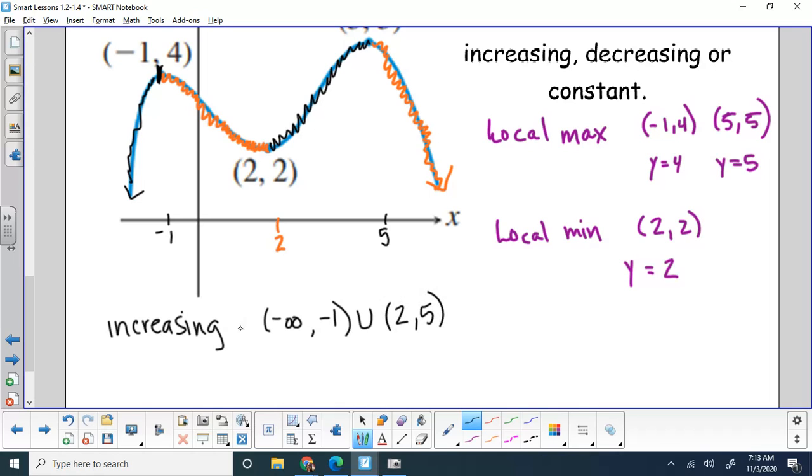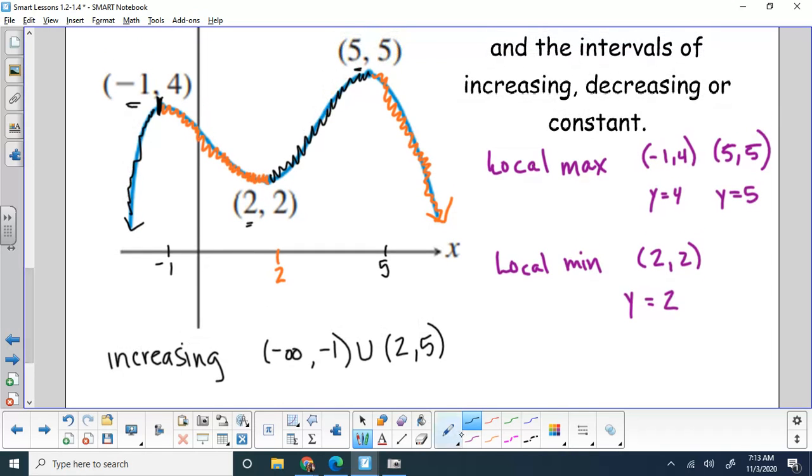Again, these are always the x coordinates. Notice this was the x, this was the x, and then here we have that x coordinate again. And then we're going to write our decreasing intervals. That's where we were going down. And we were decreasing from -1 to 2,